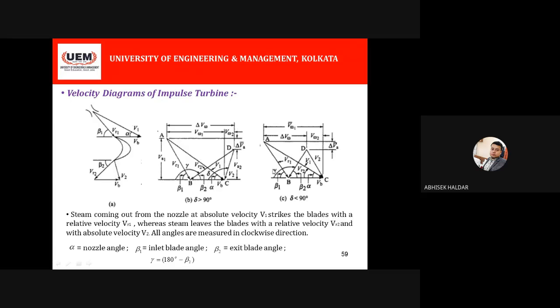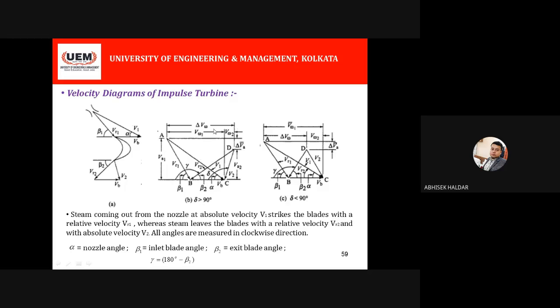Basically, this velocity diagram and this velocity diagram have been superimposed. That is the simple thing. And why are there two different types? Basically, depending on the value of delta. If delta is greater than 90 degrees, it will be like this. If delta is less than 90 degrees, it will be like this. But whenever you solve a problem, delta will obviously not be mentioned initially. So we start with this type of figure. Not an issue, this figure B, delta greater than 90 degrees, you take it.